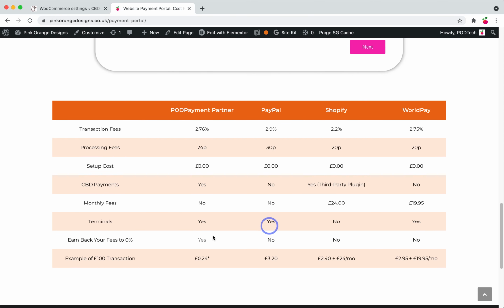Here are the rates. So this is our payment partner that we use. As you can see, the fees that they charge are 2.76%, which is cheaper than PayPal's. There's no setup cost. The processing fees, again, are cheaper. But like I said, the most important thing is you can earn back all of your transaction costs. So we did an example here of if you pay a £100 transaction, it'll only end up costing you 24p, whereas